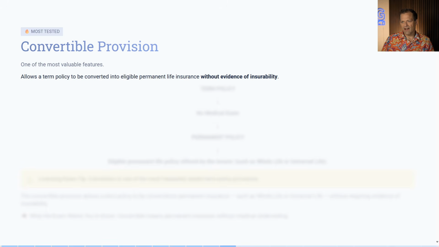So now what about a convertible provision? Another important term to understand. It's a very valuable privilege, very important to understand. It allows a term policy to be converted into eligible permanent life insurance without evidence of insurability. So it looks like this. You've had your term insurance plan. You've gotten to a point where maybe you can't test for a new policy and you're worried, but you still need insurance. Well, you can opt for, if there's a conversion privilege, to turn that term insurance